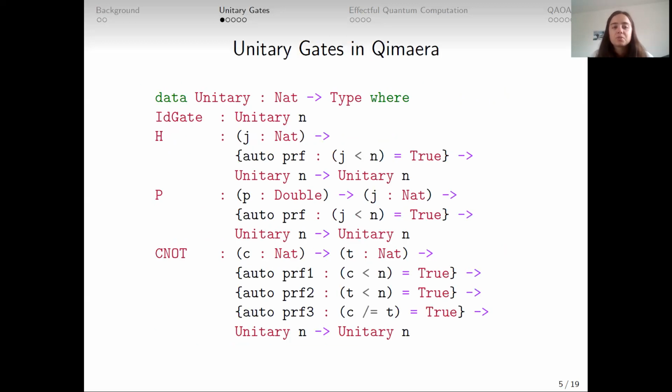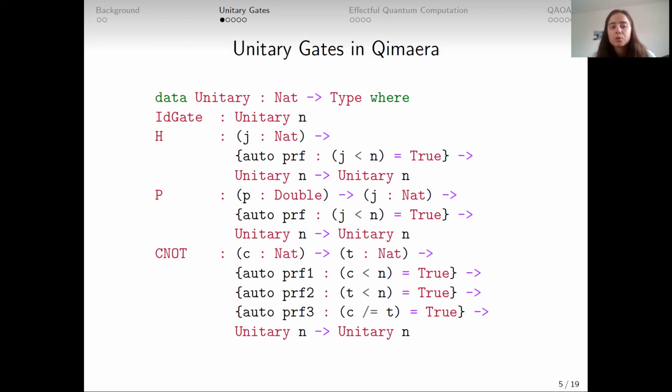Well, now using these tools, we can start coding. So first, we made a clear distinction between two parts. In the first part, we are only interested in quantum circuits as mathematical objects. And then only in the second part, we will do all these effectful quantum computations where we apply these quantum circuits to some qubits. So first, for the unitary mathematical operators, which we can see as a set of gates